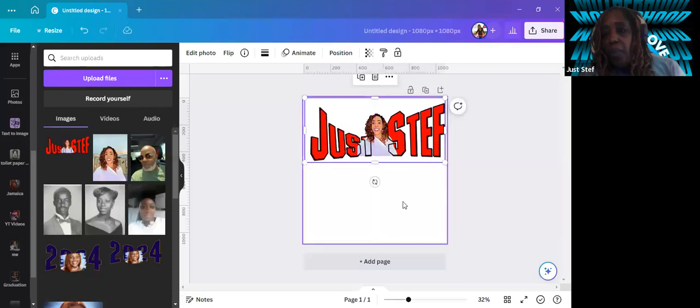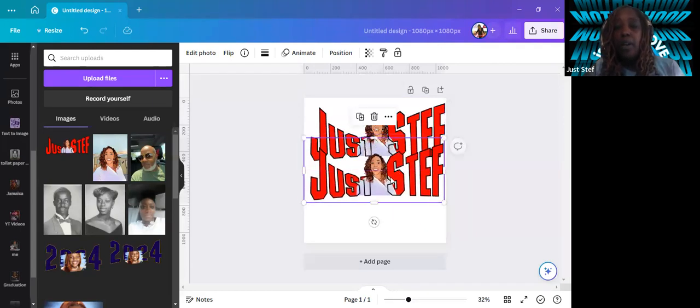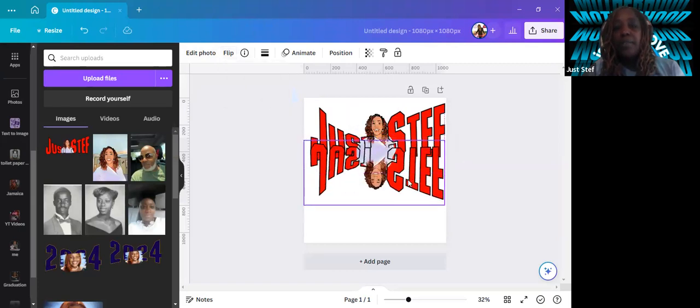And there we go. We got it stretched the same size. Once I get it to the same size, the only thing I'm going to do is bring it down, making sure it's highlighted. Then I'm going to go up here to flip. You see flip right here? I'm going to hit flip. Then I'm going to flip it vertically. So flip vertical. Once I flip vertical,